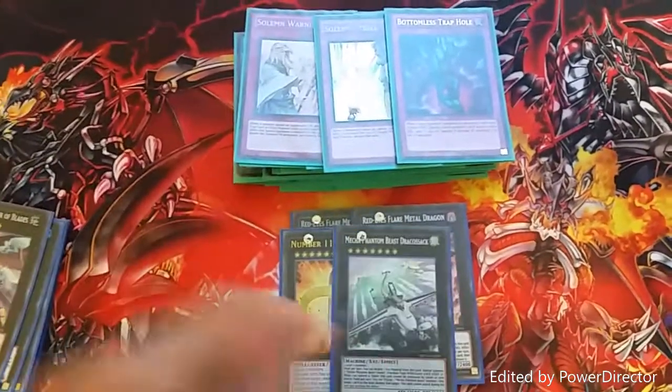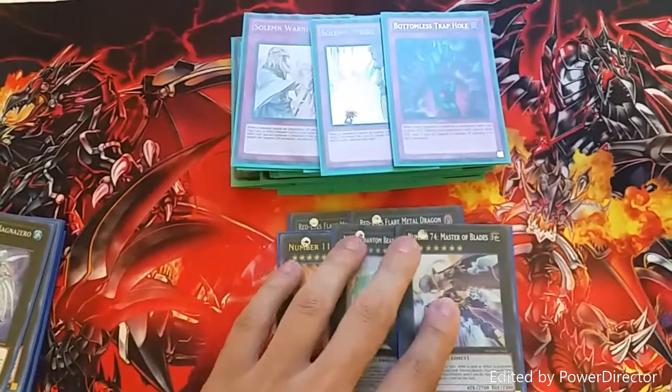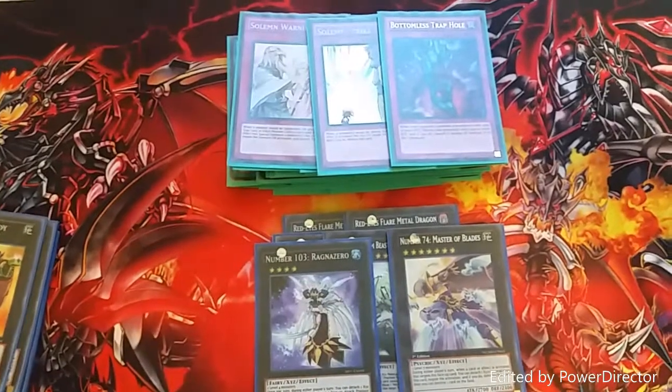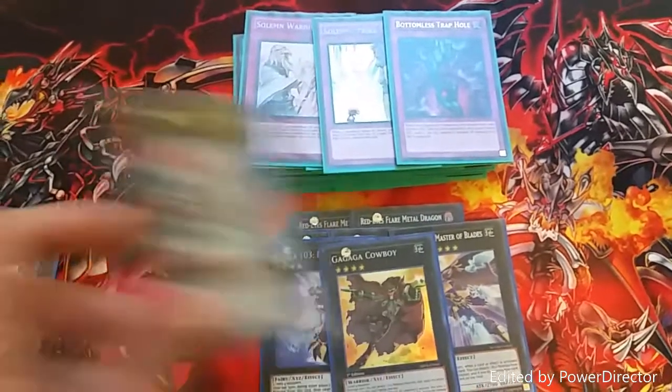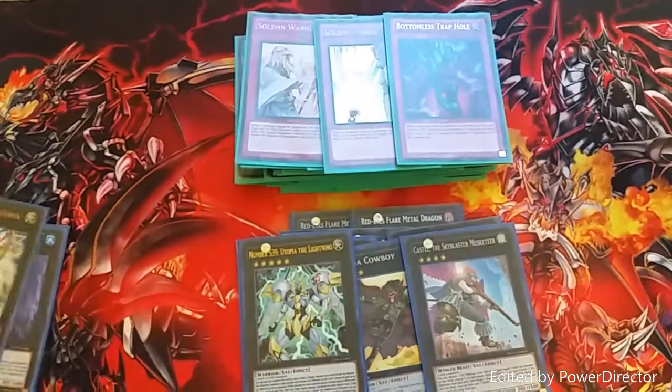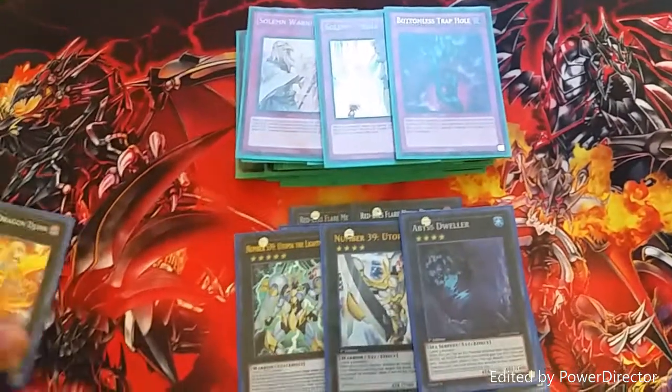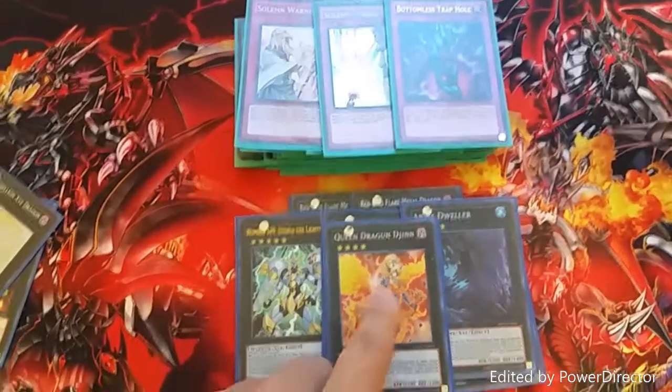We have 1 Big Eye, 1 Draco Sack, 1 Master Blade, just all of your standard rank 7s for the most part. Moving into rank 4s, because we can make rank 4s, we have Ragnar Zero, Cowboy, Castell, Utopia the Lightning, the obligatory Utopia to go with the Utopia the Lightning, Abyss Dweller, Queen Dragon Jin,